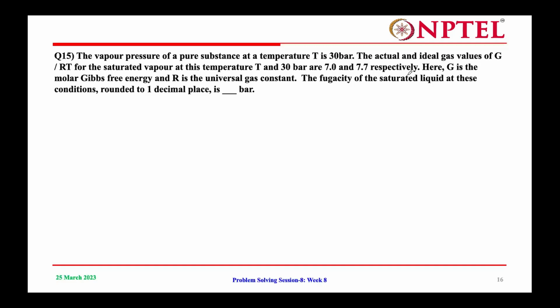Here G is the molar Gibbs free energy and R is the universal gas constant. The fugacity of the saturated liquid at this condition, rounded to one decimal place, is